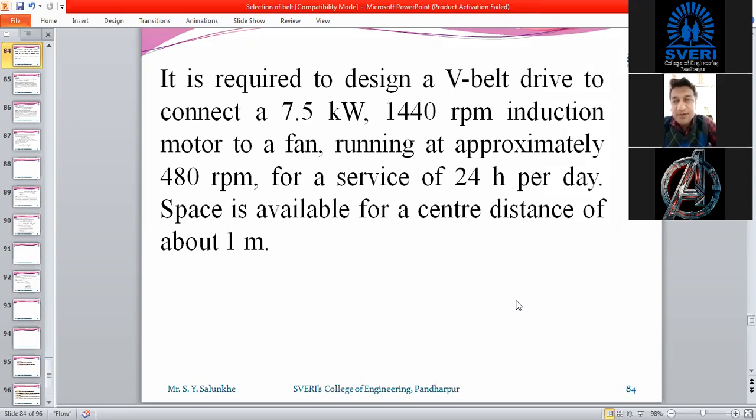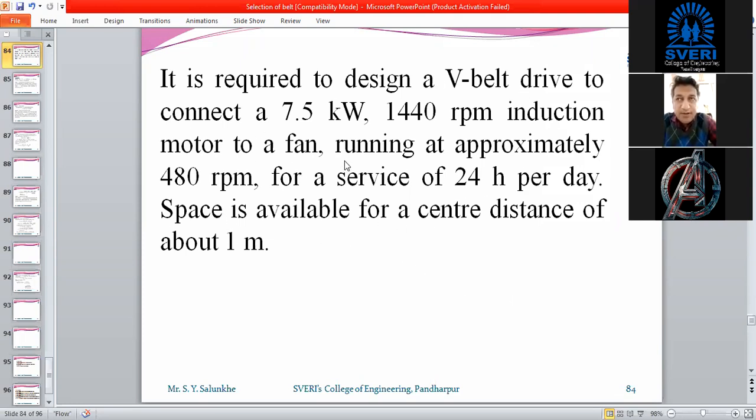That means it is working 24 hours continuously. Space is available for a center distance of about 1 meter, the approximate distance between the two shafts.